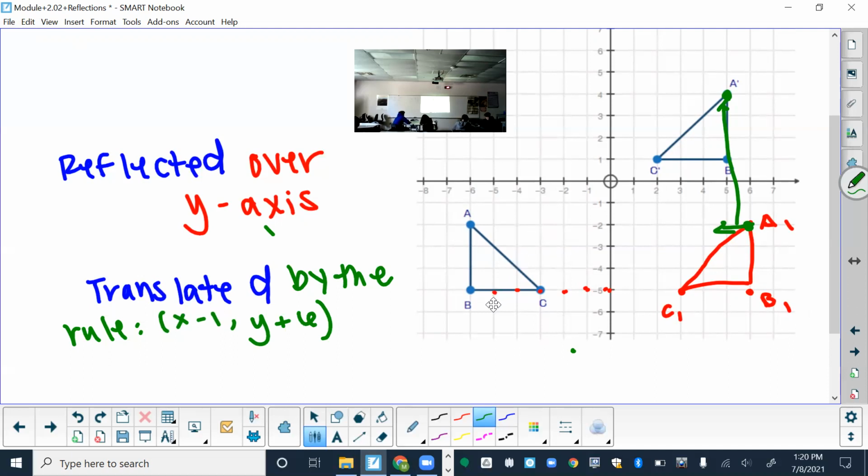So you picked up a packet on the way in, the 2.02 reflections packet. For that one, you will submit your answers on the Google form. And you'll keep the packet, you'll get points by submitting it on that Google form. Questions? All right, at 1:30, I'll let everyone go on break, whether you're finished with the packet or not, and then I'll give you more time after the break to